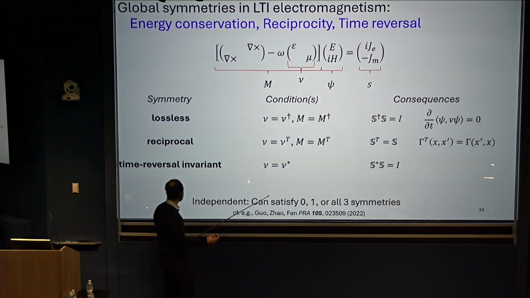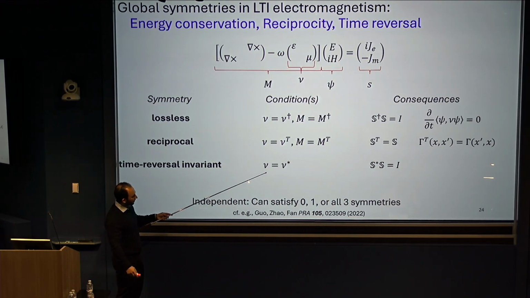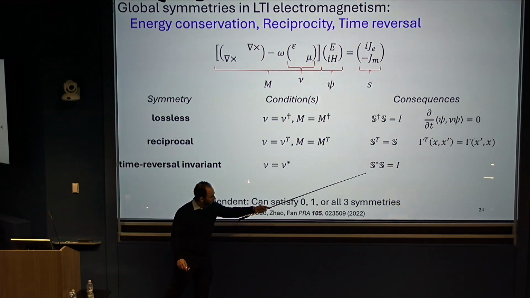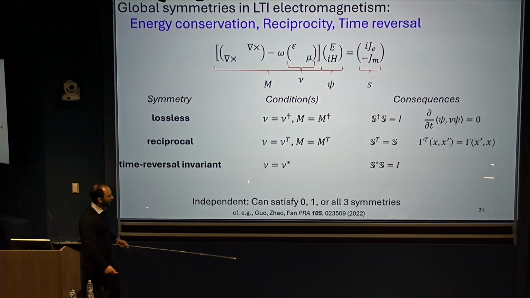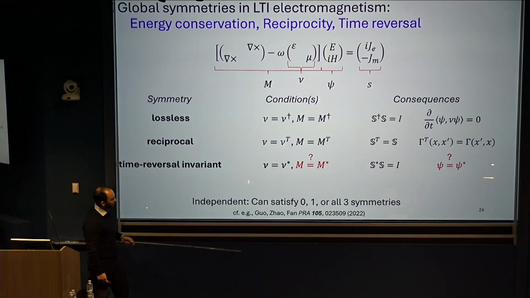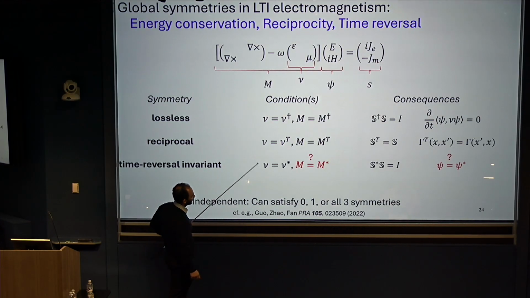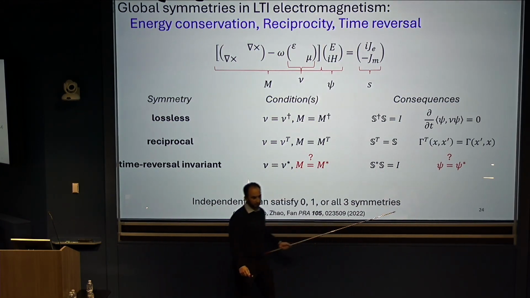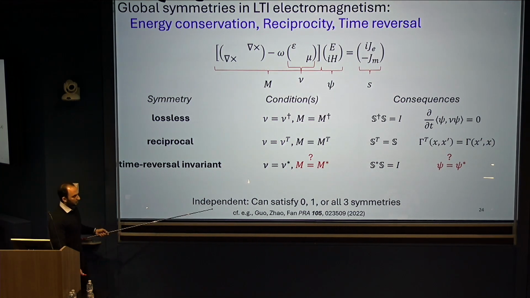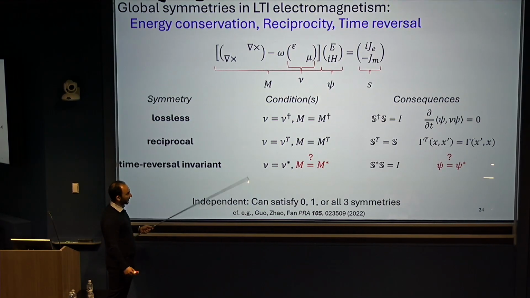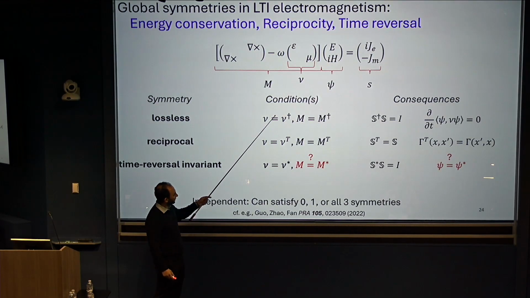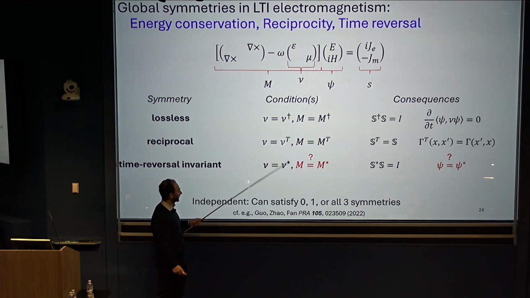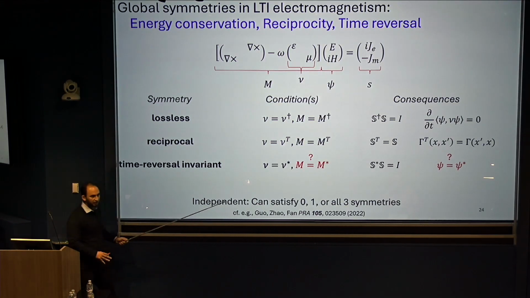So time reversal invariance we know has to do with conjugate symmetry, and there's a simple relation for the scattering matrix. And you're very tempted to just say, well, if I have a time reversal invariant material, then maybe I have a time reversal invariant Maxwell operator, and maybe I just take my field and conjugate it. Let me emphasize, at the macroscopic scale, these are 3 independent symmetries. I can have all 3. I can have just one of the 3. I can be time reversal invariant without being lossless or reciprocal. I can be reciprocal without those 2. I can be lossless without these 2. I could also have none of the above.